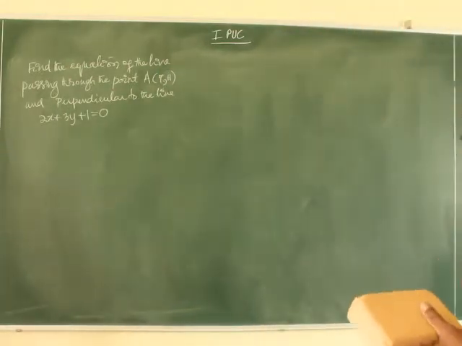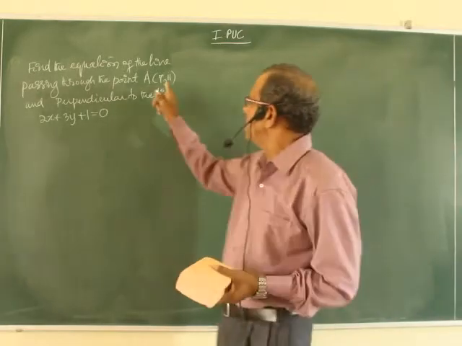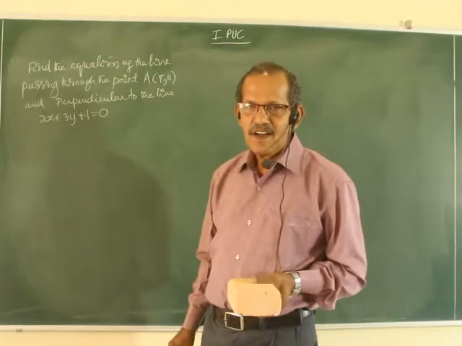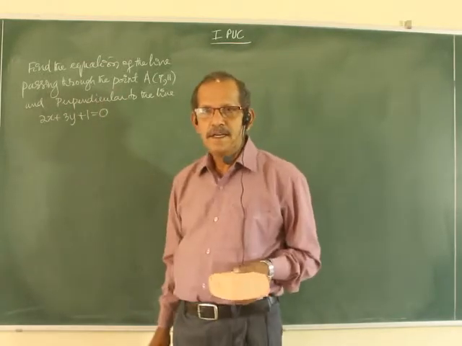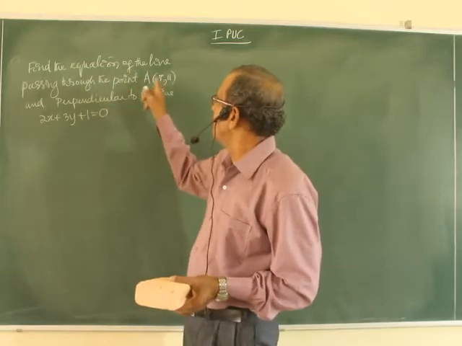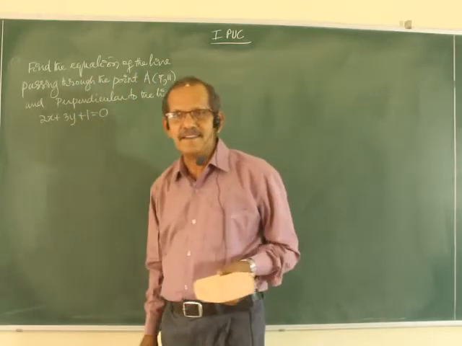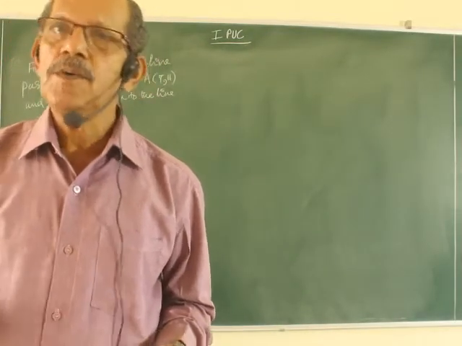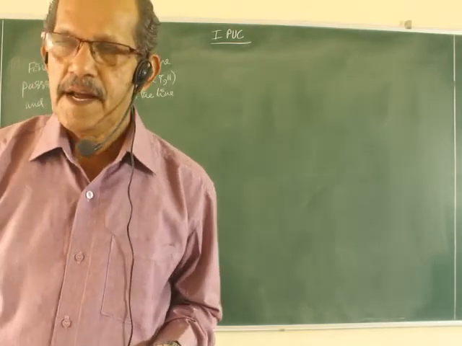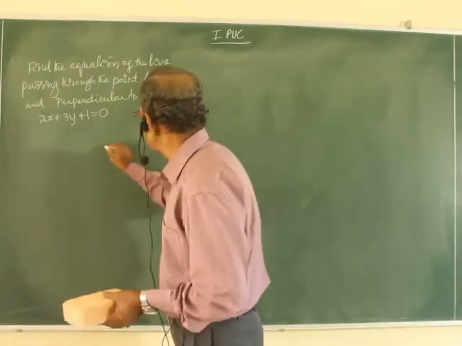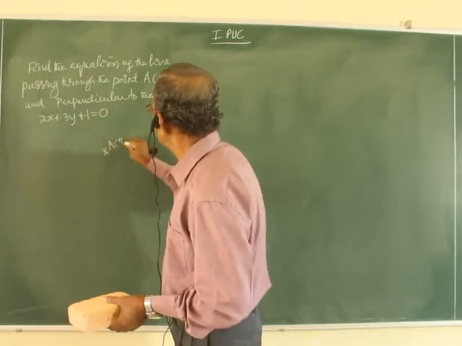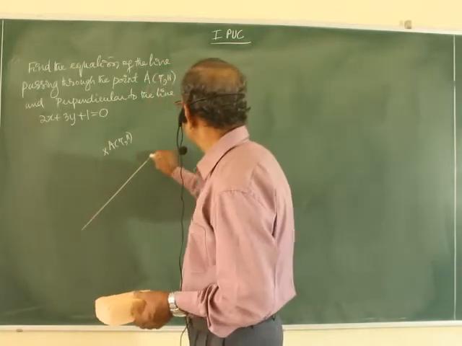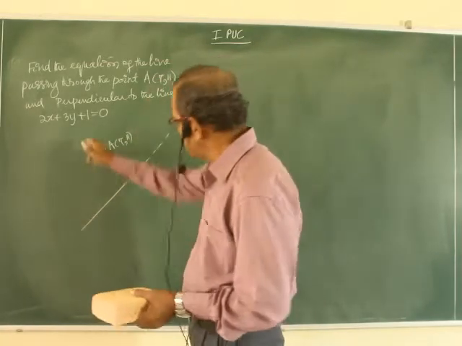Find the equation of the line passing through the point (7, 11) and perpendicular to this line. You have seen in the previous formula the equation of the line passing through a point but parallel to the line. It was a very simple method: write the x term and y term the same, and only calculate the constant. Here it should be perpendicular to the given line, not parallel.